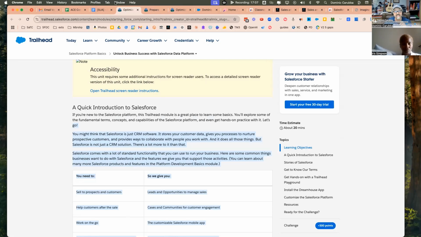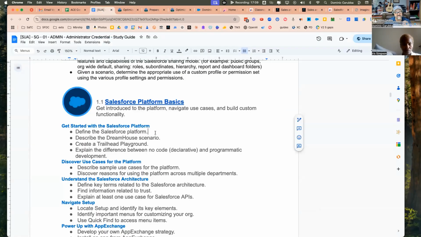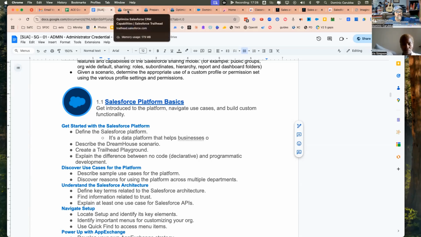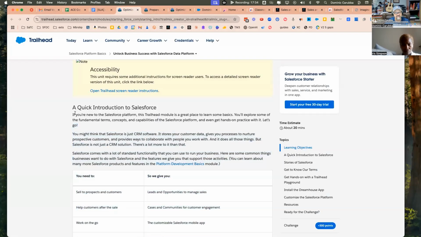If you could put that in your study guide, describe that and just say, this is your study guide. Oh, it's a data platform that helps businesses. What do they do? Let's see what they say. Now, look, my students love ChatGPT. So watch, I'm going to tell my students, if you're having trouble with it,